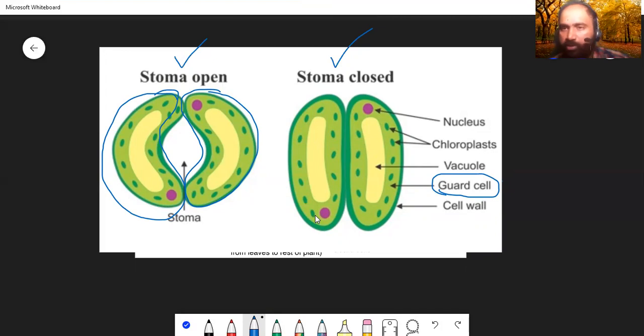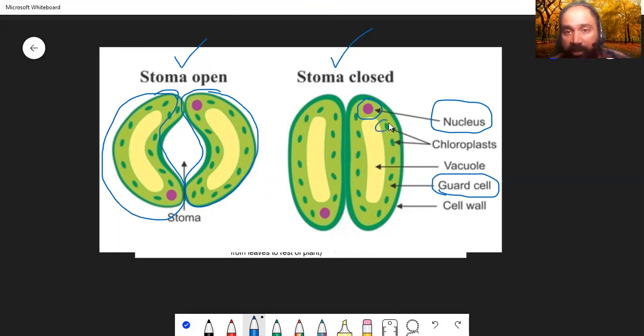Pause this video and draw it. Labels are also available. Now I'm just going to describe the parts here. At the 6th or 7th standard level, that much detailed labeling is not required, but it's very good if you learn it. This violet color here, you can see, is the nucleus. Nucleus is always very important. Just remember the labels. Nucleus.